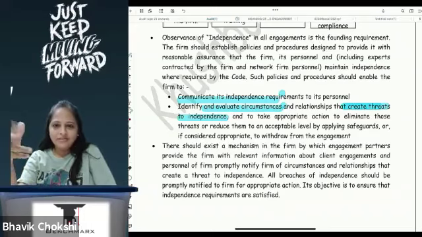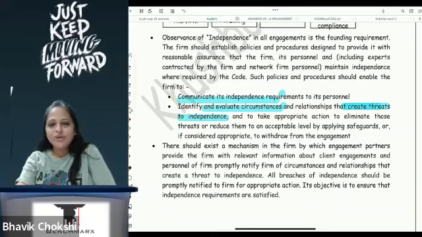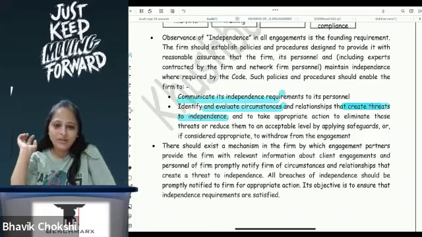And then he was doing the auditing and all of that for them, because he didn't know that there is a relation, that it's not independent, correct? Then of course when we got engaged, he came to know that now there is an independence issue, because now we are related in some way, because we are cousins, correct? So here you have identified that there is an independence threat, and as a CA he has to ensure that he withdraws from the assignment. So we gave the assignment to some other friend, and we told him that now as a CA you can take this up, because now this is creating a threat to independence.